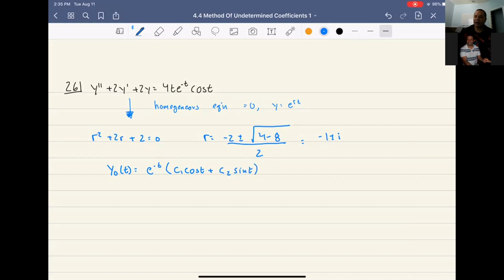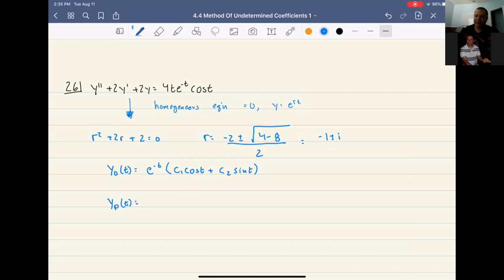Okay, now let's do the particular solution. I noticed that, hey, I've got this e to the -t cosine t. That's part of my homogeneous solution. That means that things are going to be a little bit harder. Okay, so my particular solution